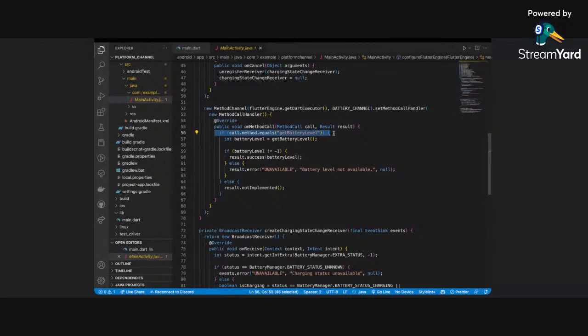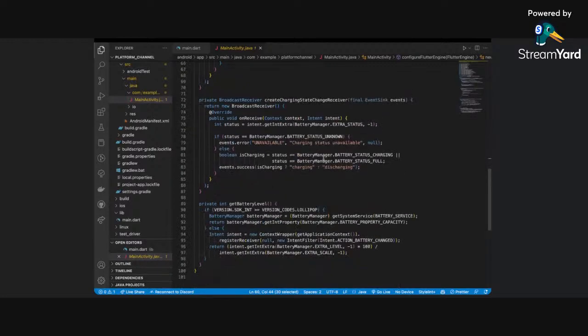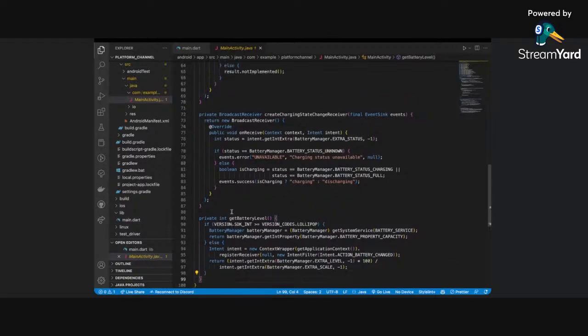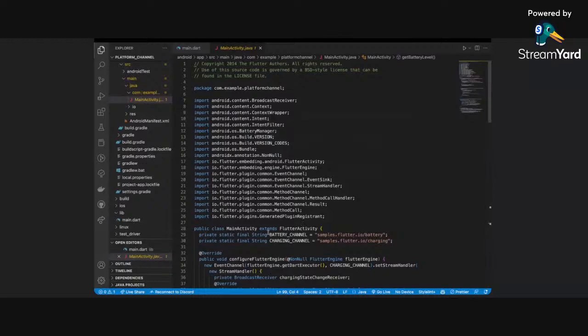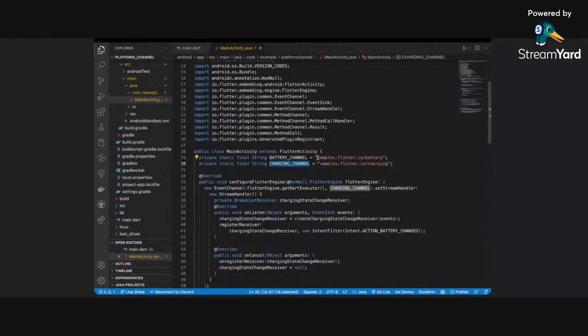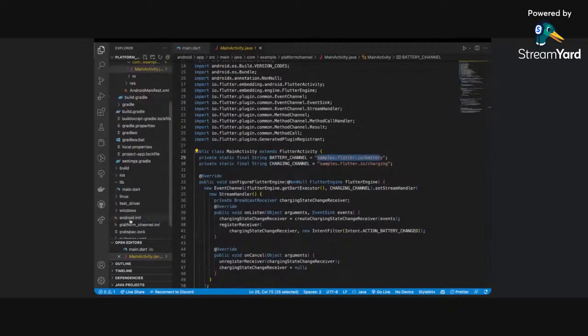Inside this method channel we just tell it that if the call that is being made equals a particular string value that we have here, similar to the one being called, then we'll run some code, and we can send out a result with success or error depending on whatever it is. So this is the private function that is created here to get this battery level, and all it does is get the battery level from the Android side and send it back to Flutter. Again, these battery channel and charging channel strings need to be similar to what you have created here in main.dart,